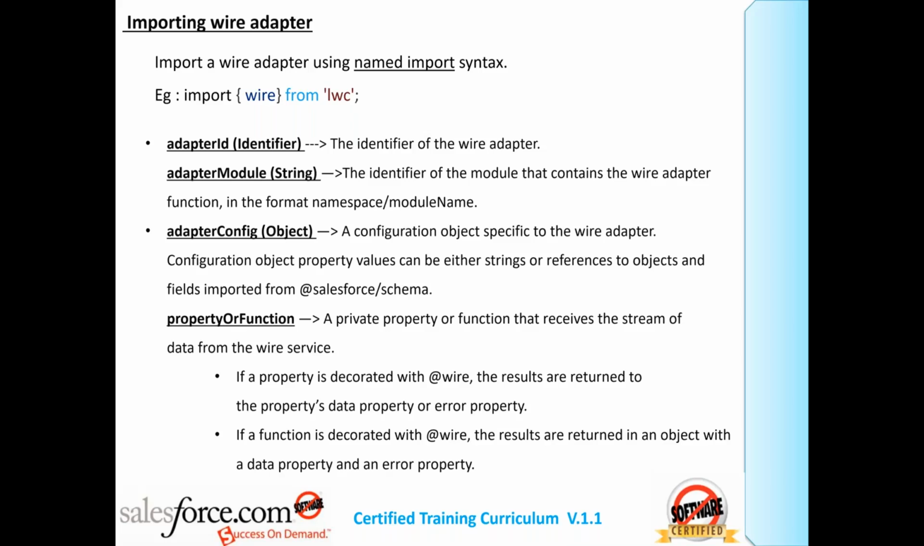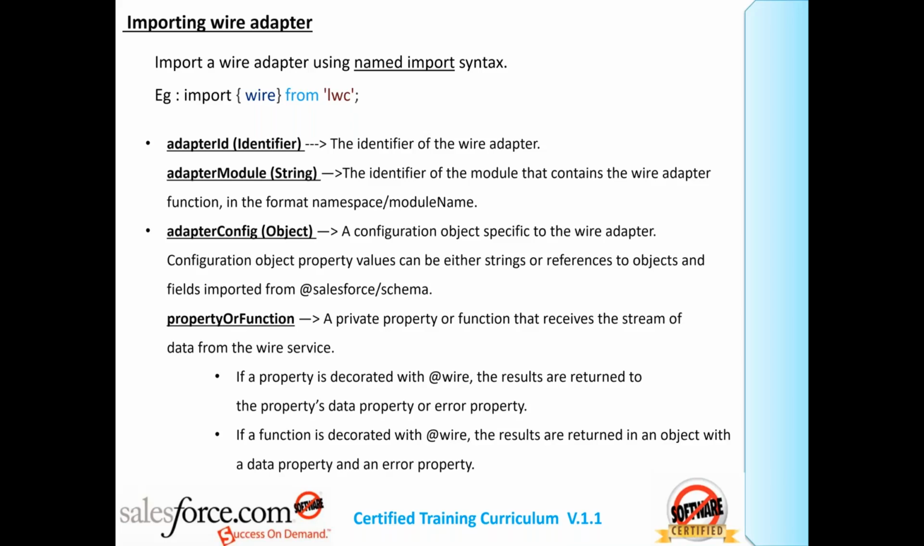From where do you get the method? Salesforce schema or Salesforce Apex. You get this from Salesforce Apex or Salesforce schema. Adapter config is nothing but the configuration that you attach to a wire. Next,